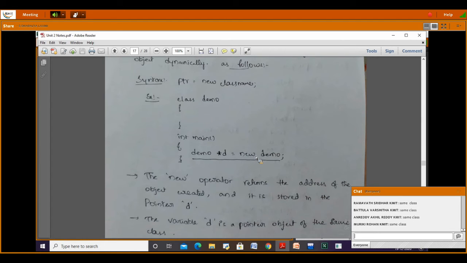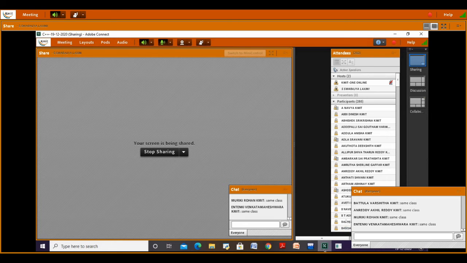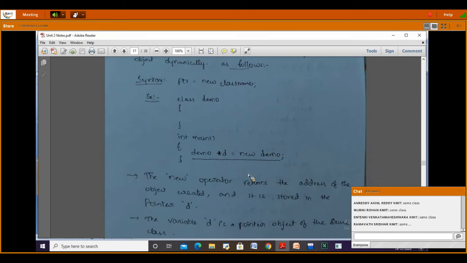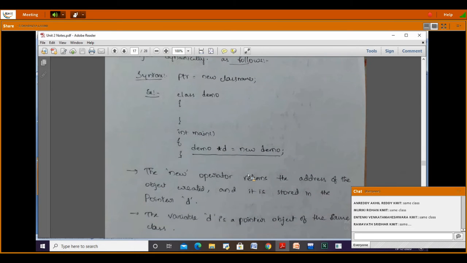The pointer variable on the LHS and the class on the RHS, should they be the same or different? Upcasting and downcasting aside, it should be of the same class. Very good.